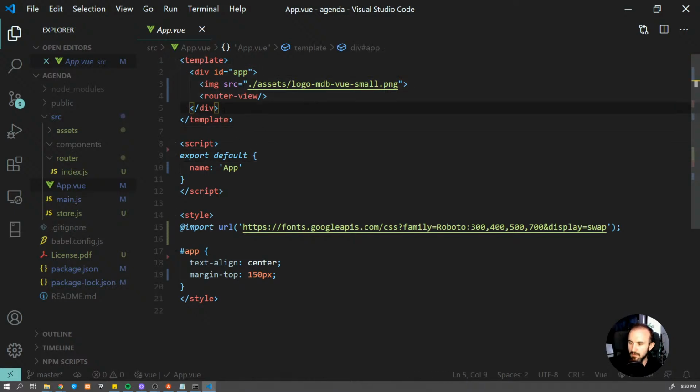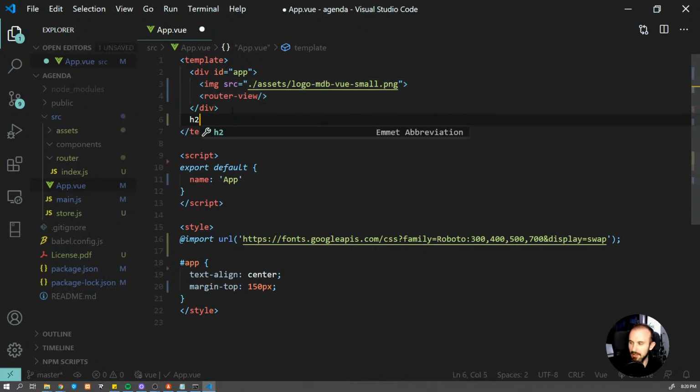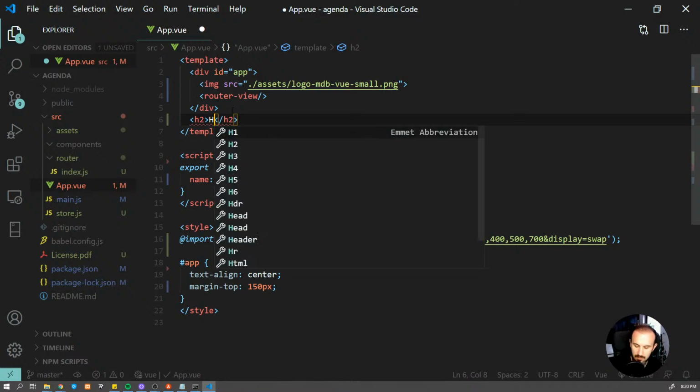Now, the first important thing to remember when it comes to Vue is that our template can contain only a single root element. What does it mean? Look at this. We have this div here, and everything goes inside it, right? So we have all of that going here. And if I would like to create some other element here, like some heading, for example,